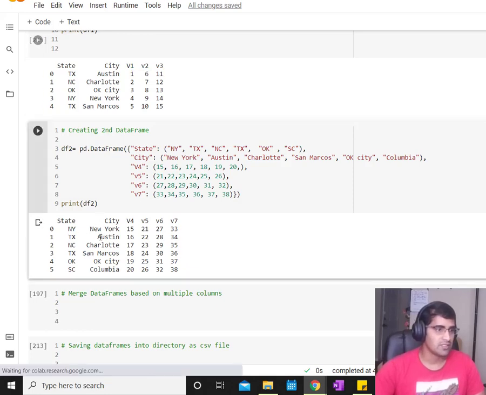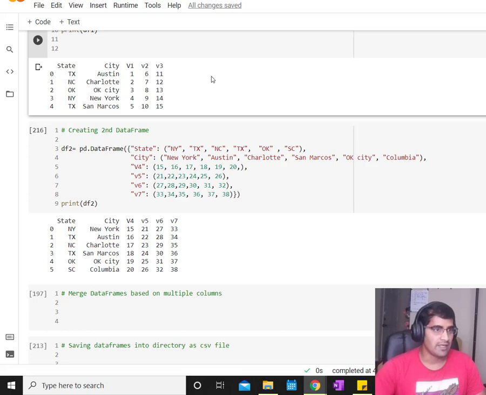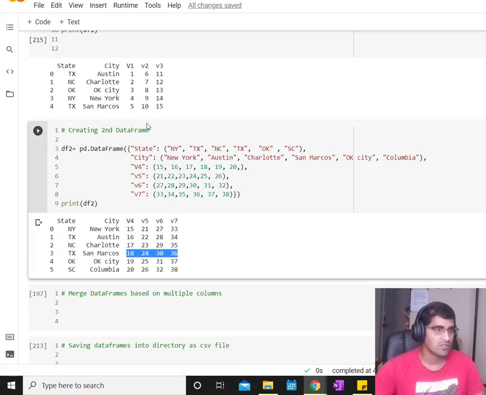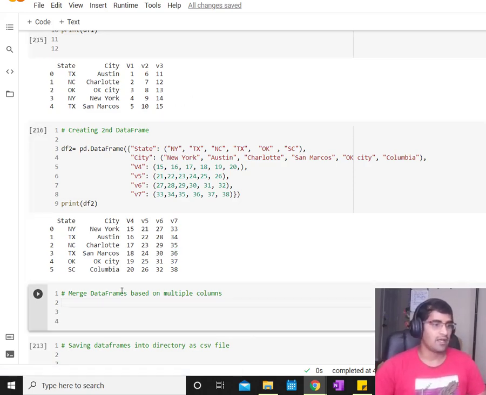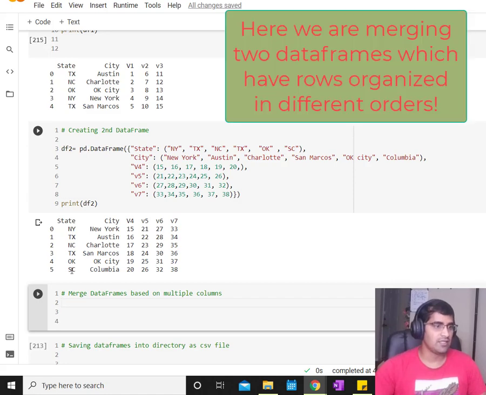Okay, so that means Texas Austin, these all will be added at the end here. Okay, and also Texas San Marcos, these values will be added at the end of here. And these states are in a different order compared to the first data frame.